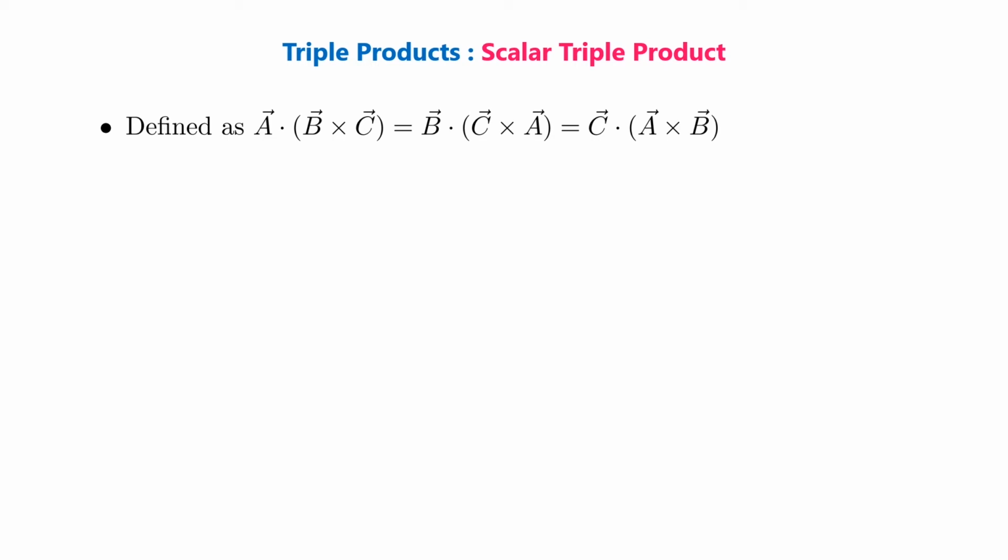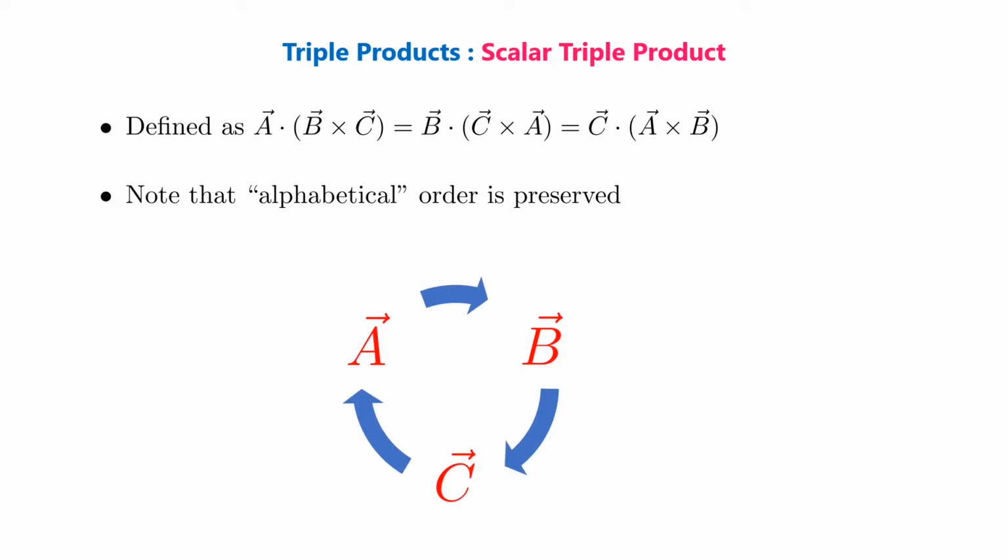A triple product is defined as vector A dot vector B cross C is equal to vector B dot vector C cross A, that will again be equal to vector C dot vector A cross vector B. Note that an alphabetical order is preserved in the case of scalar triple product. That means that we have A dot B cross C or B dot C cross A and then C dot